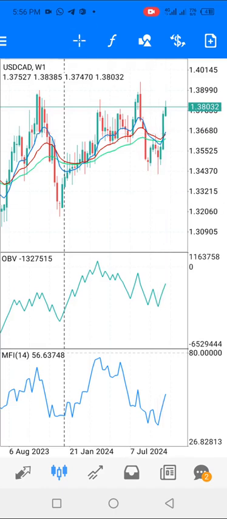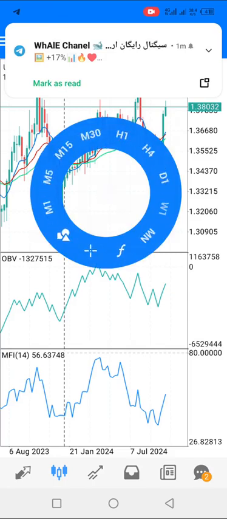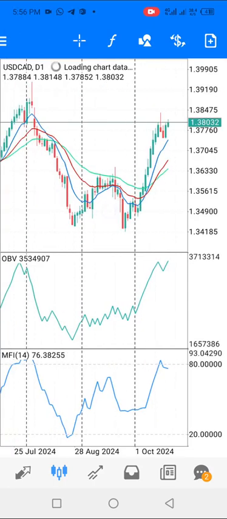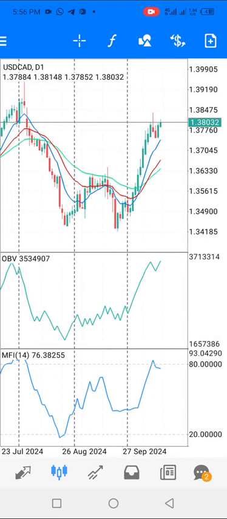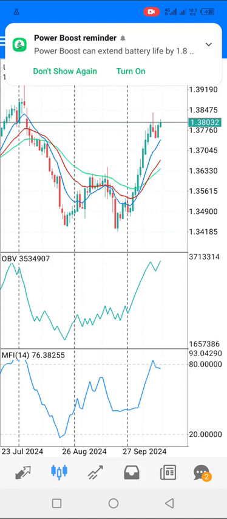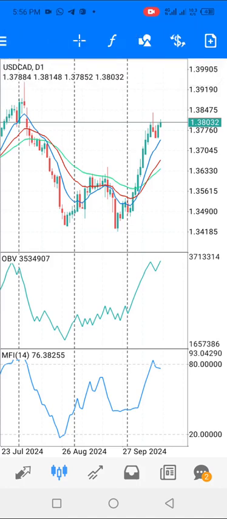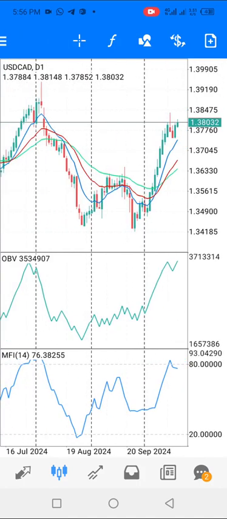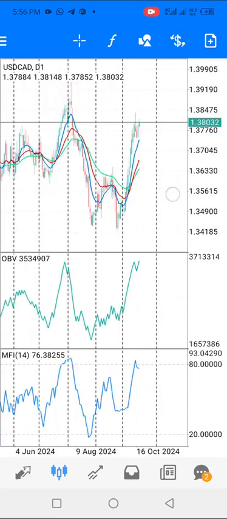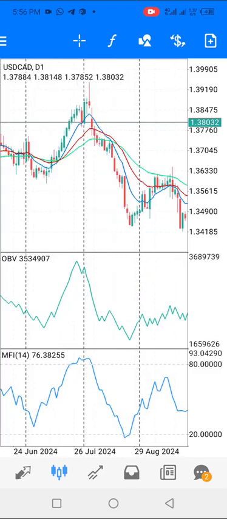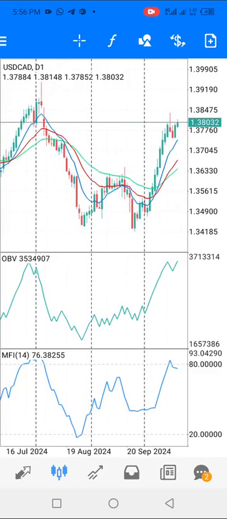You move to the daily time frame again. Press your D, go to daily time frame, and keep noticing what the indicators here are doing at the uppermost part of the screen. You will see that they keep crossing, and once they cross, price continues going up. If we were to catch that trade, you will see that there is a sharp move downward again. And then what you need to do is to open right there, then wait for it to recover and go back. Or, if you are risk savvy,